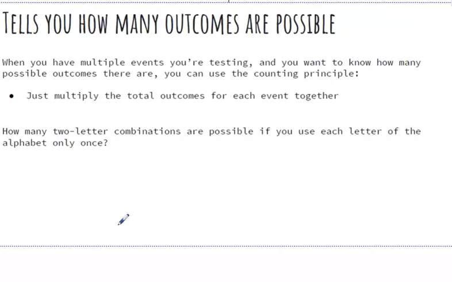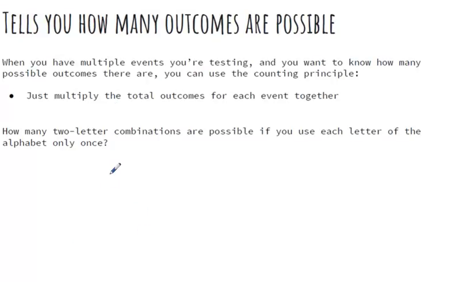So the counting principle itself tells you how many outcomes are possible when you're combining things. When you have multiple events you're testing and you want to know how many possible outcomes there are, you can use the counting principle by multiplying the total outcomes for each event together. So in the example we have here, how many two-letter combinations are possible if you use each letter of the alphabet only once? So let's say for our first letter we could just choose from any of the 26 letters